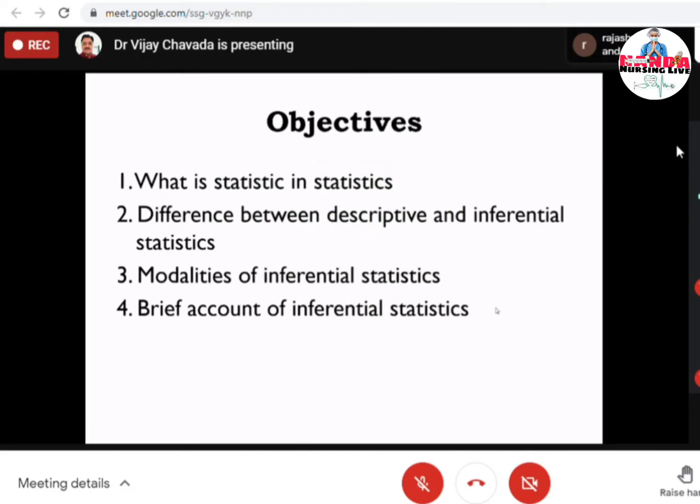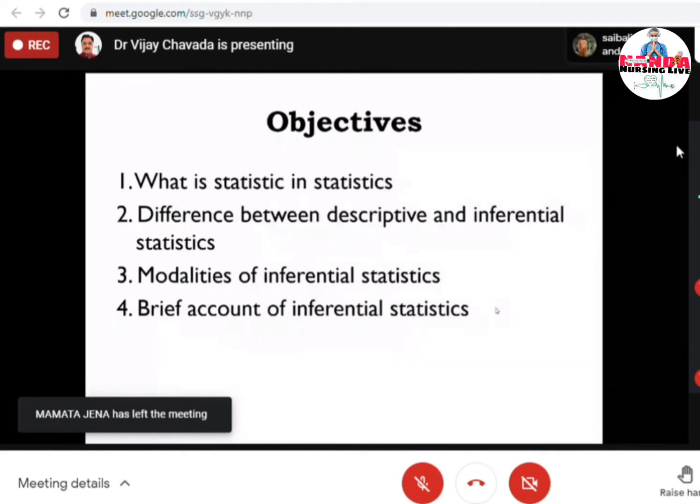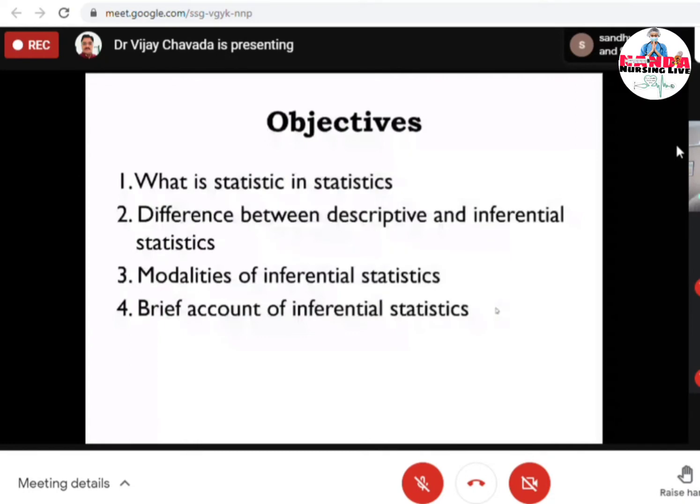So the topic for today is inferential statistics. This is the most important part of any research. We start with the designing, title, objectives, aims, methodology, etc., and finally we end up. After collecting the data, it has to be useful in the way we planned before starting the research. So here comes the role of statistics.